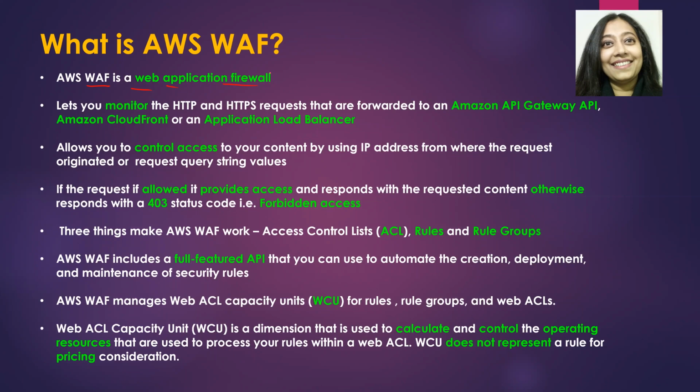Now, what does AWS WAF do for you? It lets you monitor HTTP and HTTPS requests that are forwarded to Amazon API Gateway APIs, Amazon CloudFront, and an application load balancer, right? And remember, this is a web application firewall. Hence, you have HTTP and HTTPS requests. What WAF also does is that it allows you to control access to your content or to your application by leveraging the IP address of the request, right? So this is the IP address from where the request originated